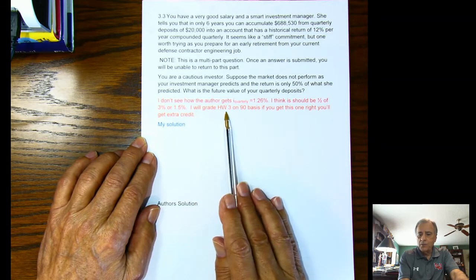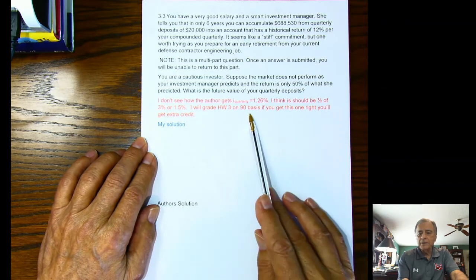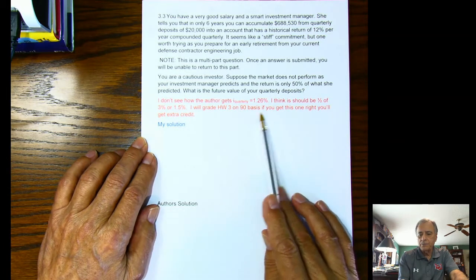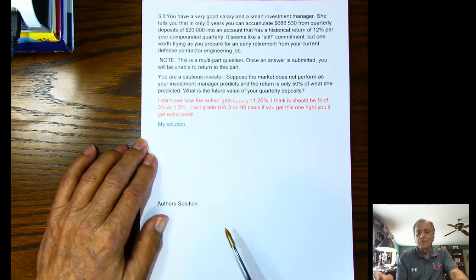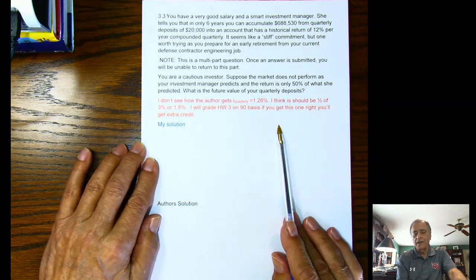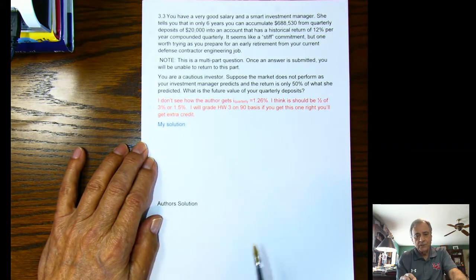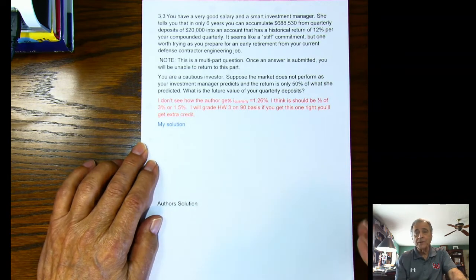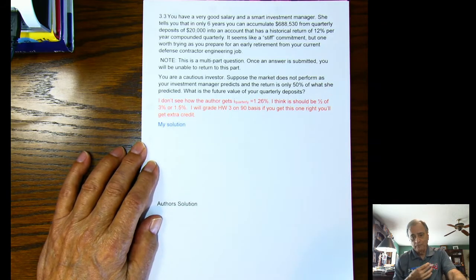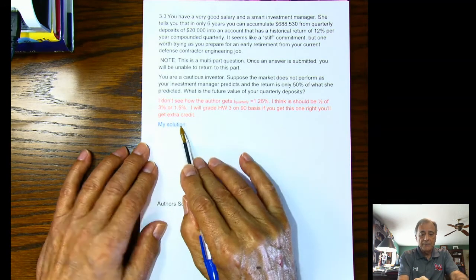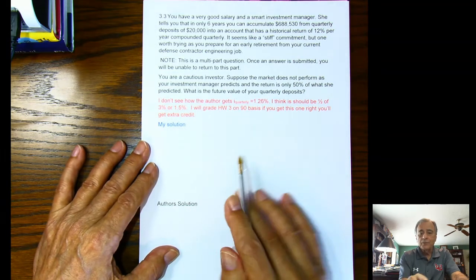I will grade homework number 3, that's this whole assignment, on the basis of 90 basis points, okay? So if you happen to get this one right, you'll get more than 100%, you'll get extra credit. But I don't think this one is properly worked, and so if you work it properly, you'll probably get the wrong answer, according to my opinion. Now I'm going to work it my way, and then I'm going to show you the author's solution, okay, which uses this